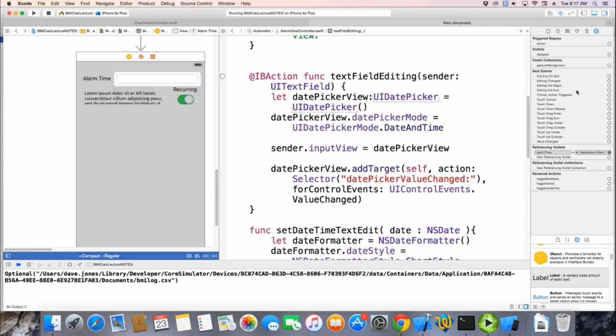So I want to kill this one. I'll clear this guy. And notice how I have circles over here too. So I want it to say editing did begin. I'm going to click and drag from the circle to the function again. So now I've got them connected again. The issue was that when I connected these, it didn't give me an option to choose that,